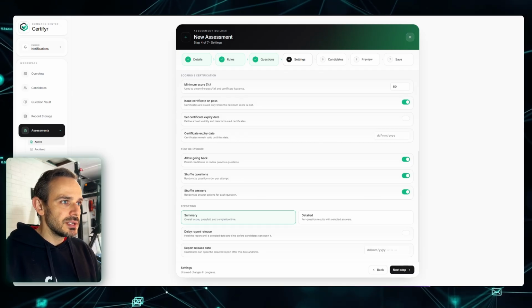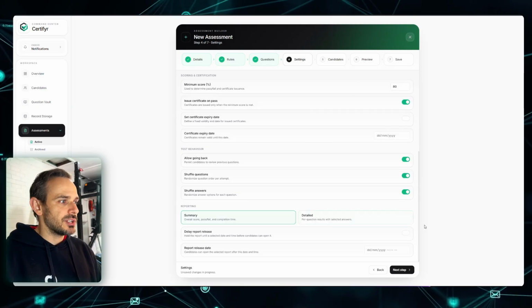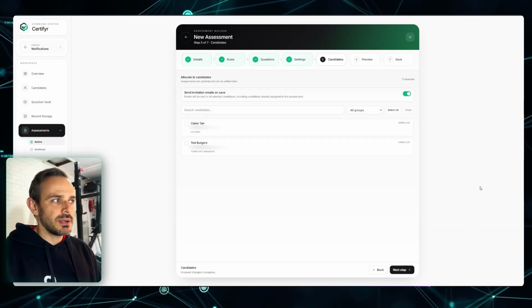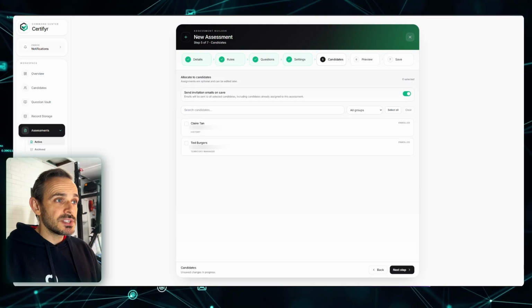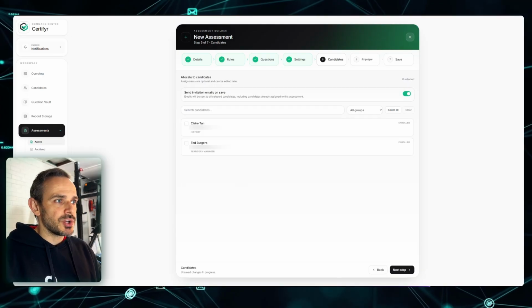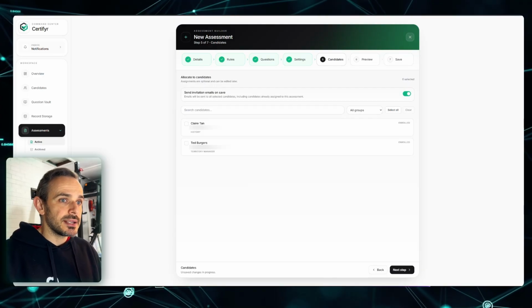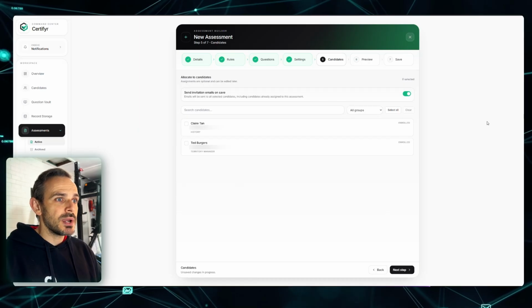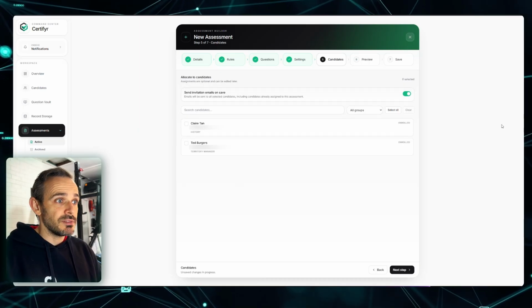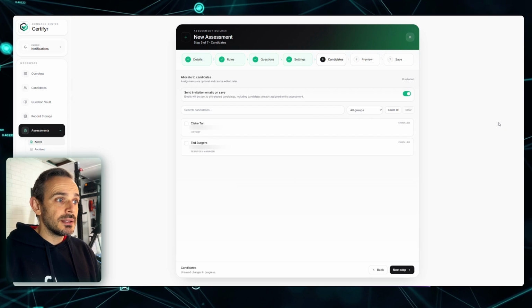Okay, so next, after that, we've got the candidate section. Go to our next step. And this is another important part because obviously an assessment doesn't just exist on its own. At some point, it needs to be connected to real people. So this is where you decide who the assessment is actually for, who's going to receive it, who it's going